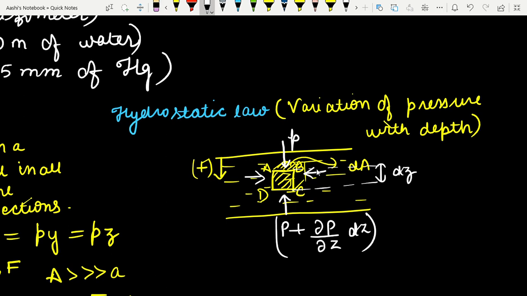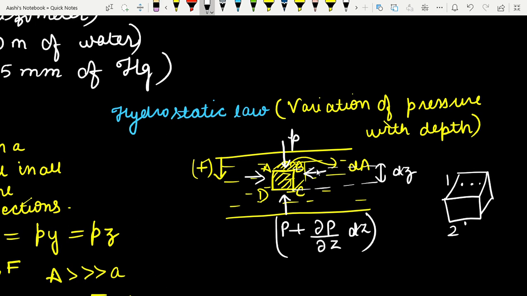That means when I am assuming the variation of pressure with the depth, because in the same plane pressure will not vary, that means on this block pressure here and here will be same, here also it will be same. But if you talk about point number 1 and point number 2, pressure will be varying. So how does it vary? That is what we are observing. So how do we know?